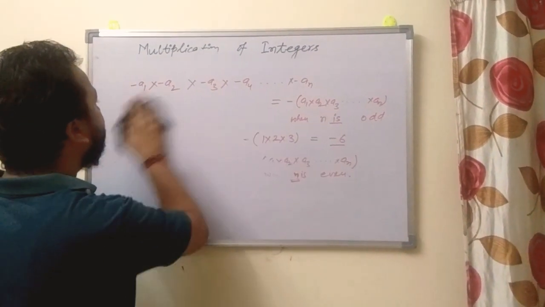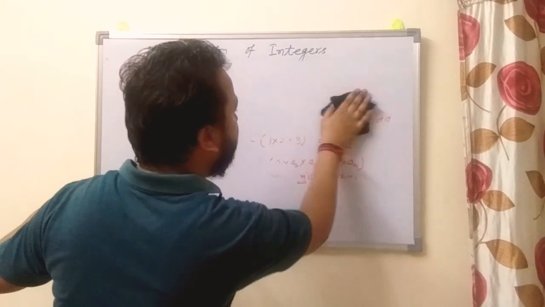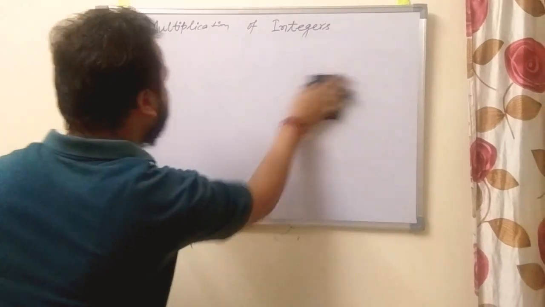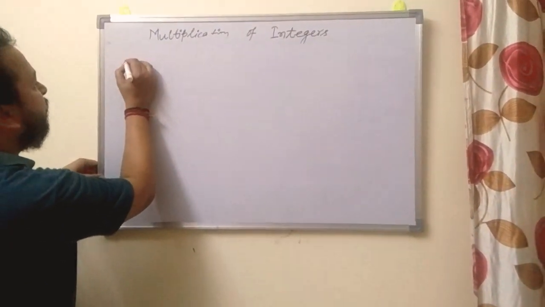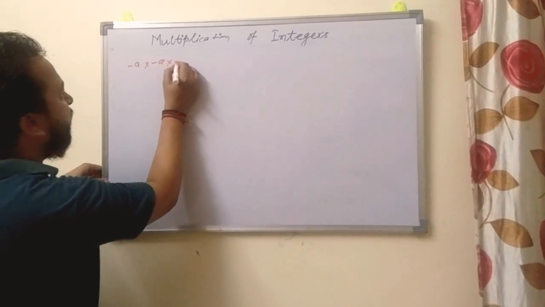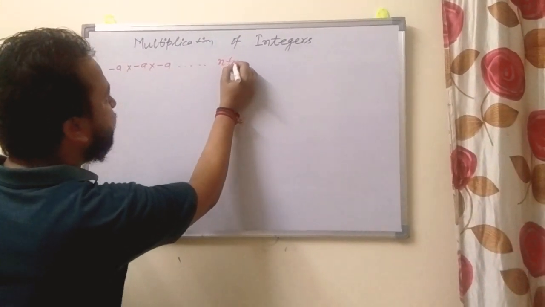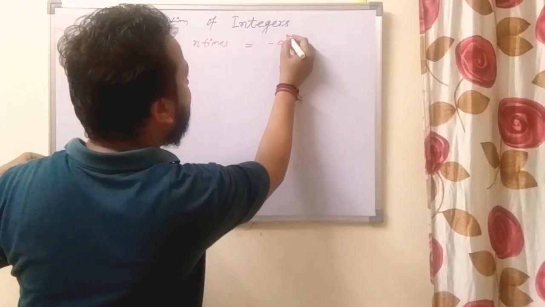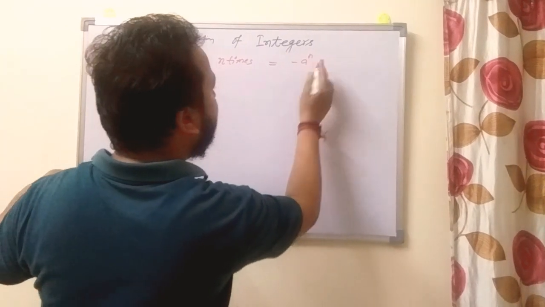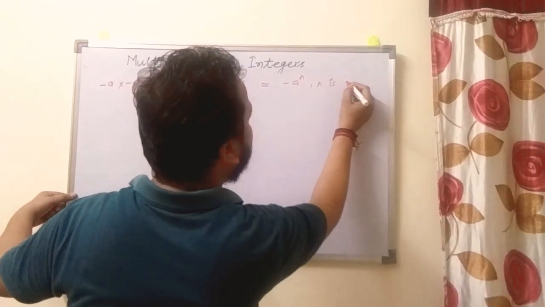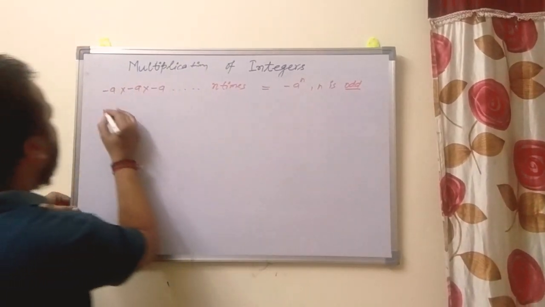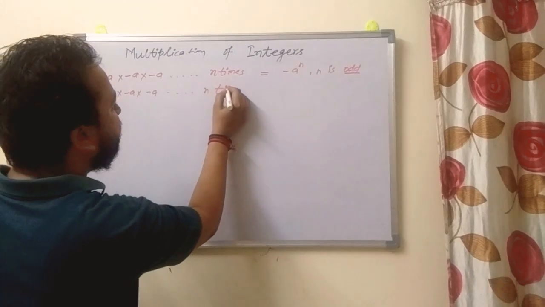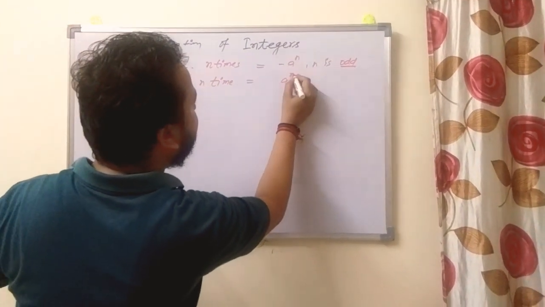And if the terms are same, what we have discussed, the terms are different. And if the terms are same, means -a multiplied by -a multiplied by -a and so on, n times. So it is written as (-a) to the power n. Right? When n is odd, the result is -a to the power n, and minus a multiplied by minus a multiplied by minus a n times, the result is a to the power n